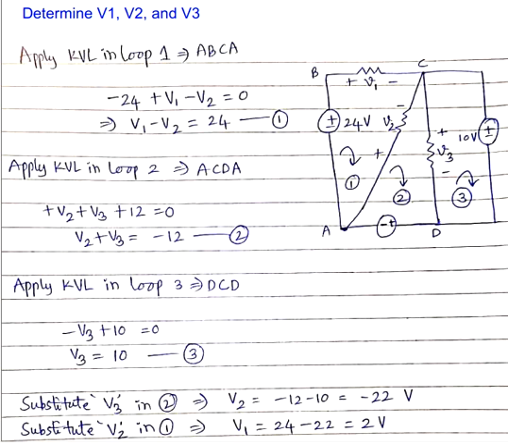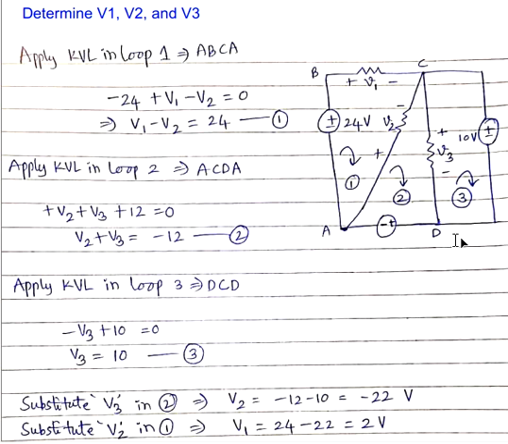Okay, now in this lecture we will be discussing a numerical problem solving based on KVL. KVL is Kirchhoff's voltage law. So here the problem is to determine V1, V2 and V3 in the given circuit diagram. If you see here, there are three loops. One loop is A, B, C, A, the second loop is A, C, D, A, and the third loop is D, C, B. Right, so we have to apply KVL in these loops because they asked us to determine voltages V1,